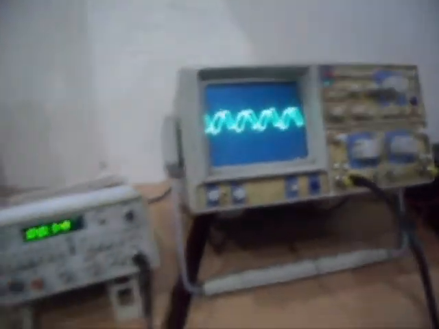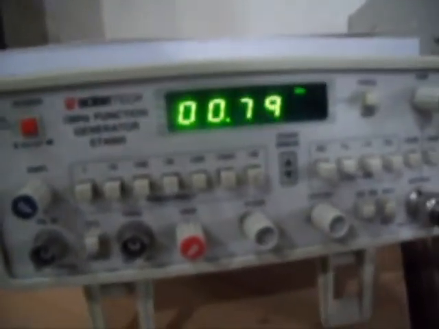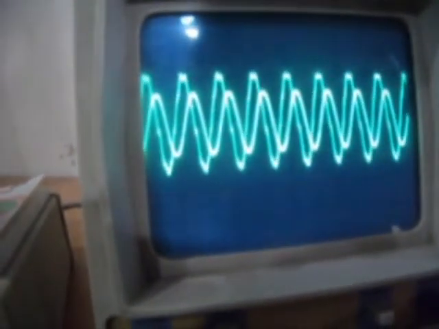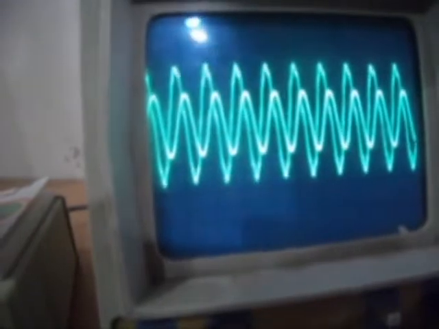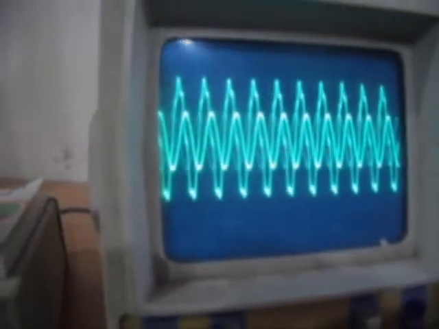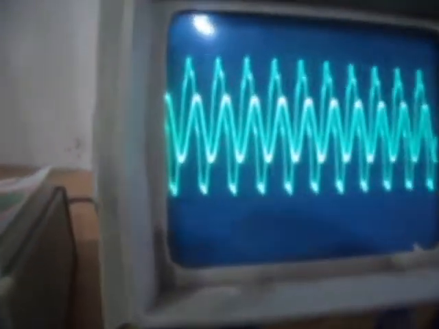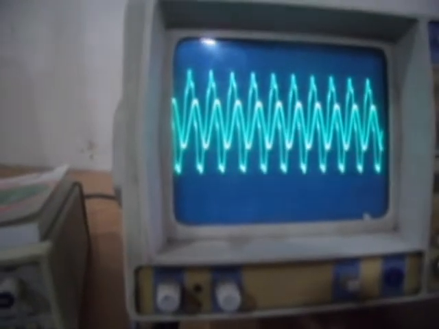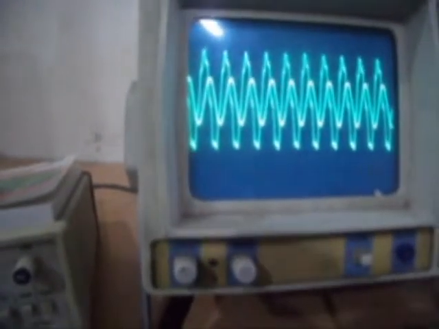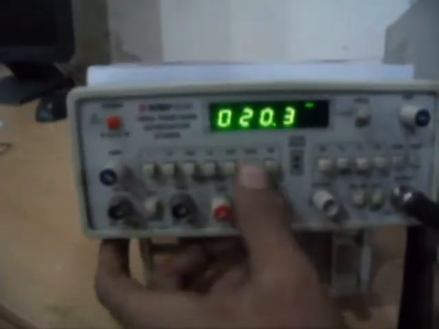Now I want to move to the phase difference characteristic. We can see that now we are at 0.79 kilohertz, and the output is leading the input, and if we increase the frequency, you can see that the amplitude is increasing and the phase difference is decreasing. So up to some point, that is the point of maximum gain, and the point where the phase difference goes from leading to lagging will be the same, and we will see that point clearly, where the output goes from a leading waveform to a lagging waveform. And for that, let me increase much more.